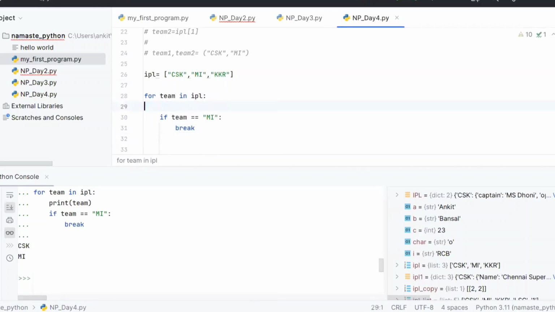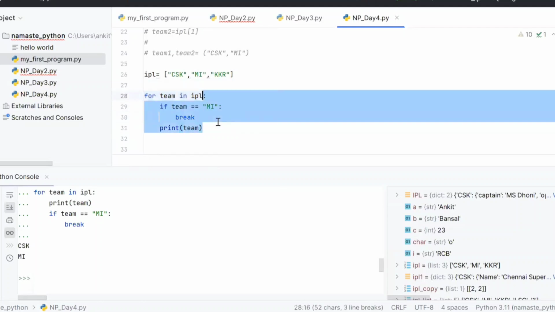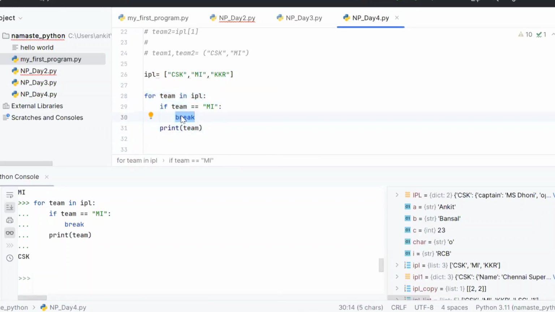If you write that print statement in line 31, will it print MI? No, it will break here only. So let's run this. The moment it sees break, it is just coming out of the loop. That's it.